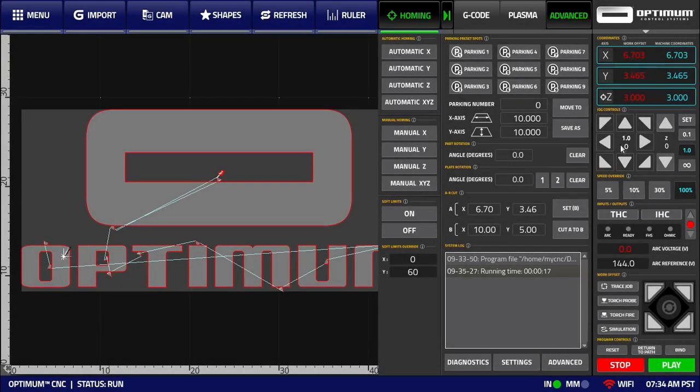In this video, we'll be talking about coordinates within OptimumCNC software. Here, in the top right portion of the screen, you'll have the coordinates for the X, Y, and Z axes,